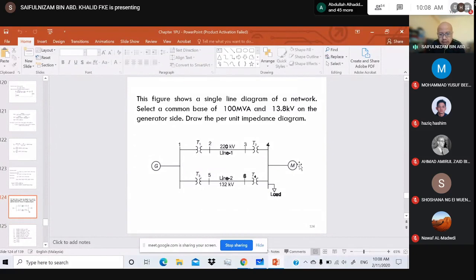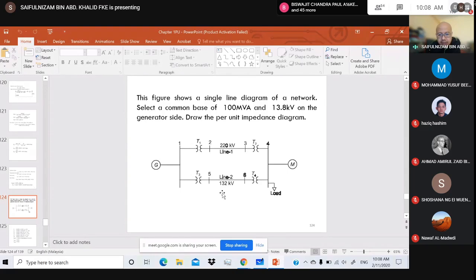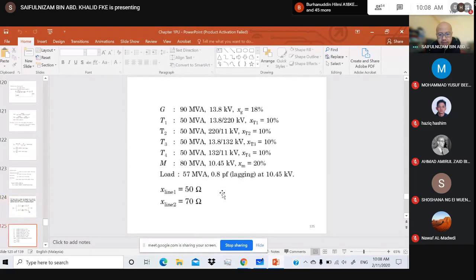Okay, this is the single line diagram of the network. Select a common base of 100 MVA and 13.8 kV on the generator side. Draw the per unit impedance. I think this one is similar with the previous, but the values may be different. So you are given all the values, all the base for each component. Now the load